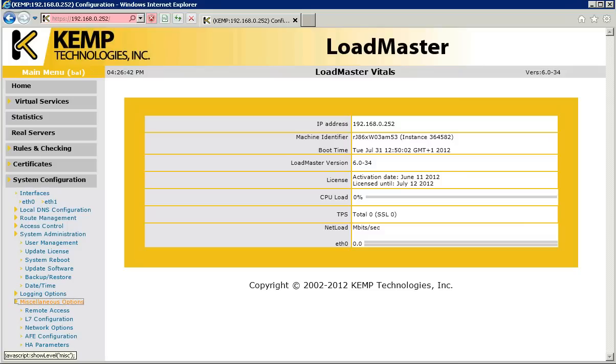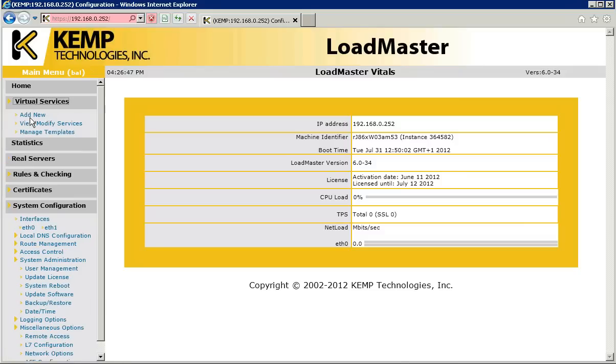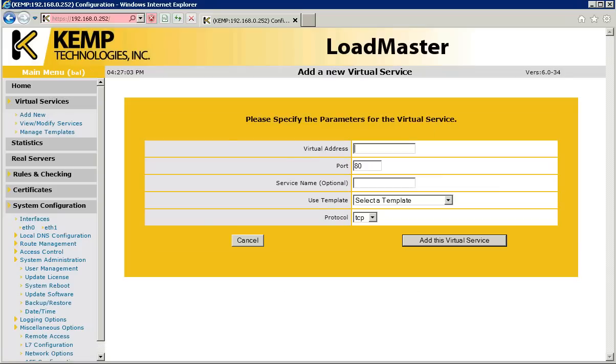So as mentioned in my previous presentation, we have to configure a virtual service. And a virtual service has an FQDN and an IP address. And in this case it's webmail.exchangelabs.nl, and we're going to configure it with an IP address. We go to virtual services and we click on add new. We enter the IP address,